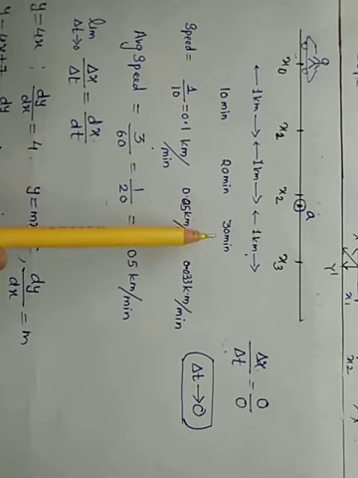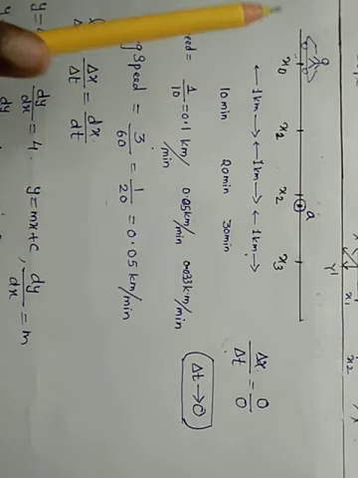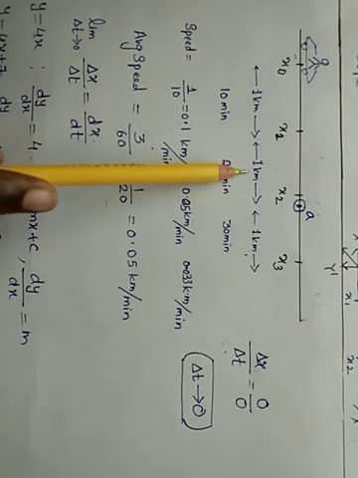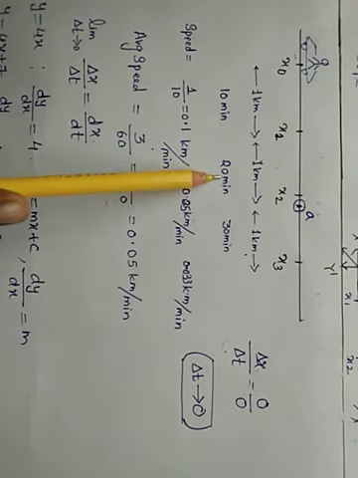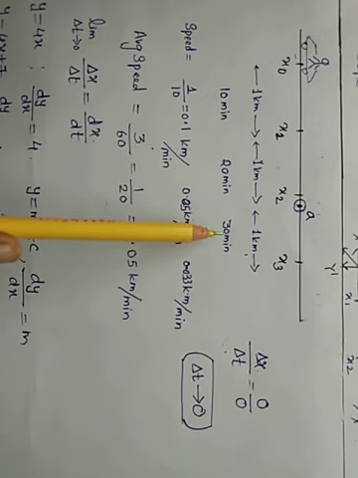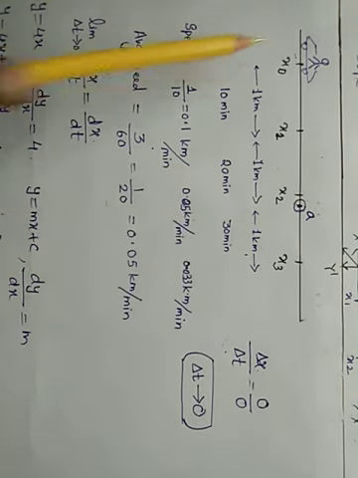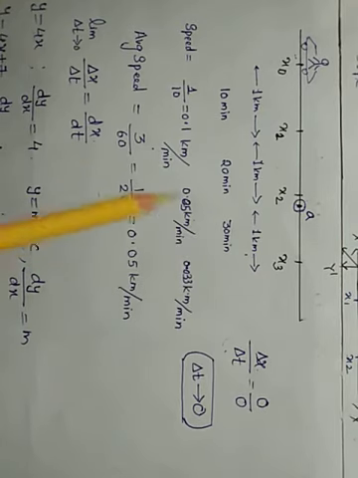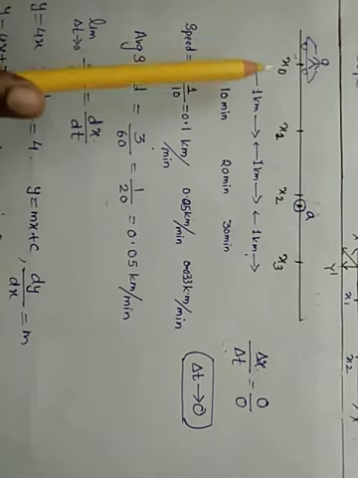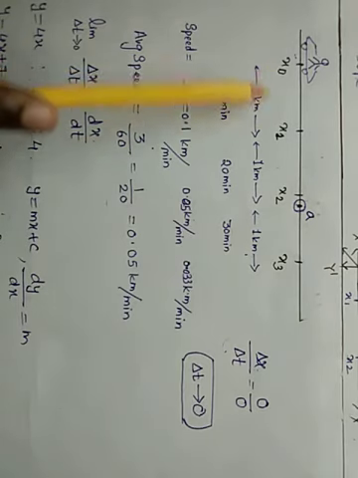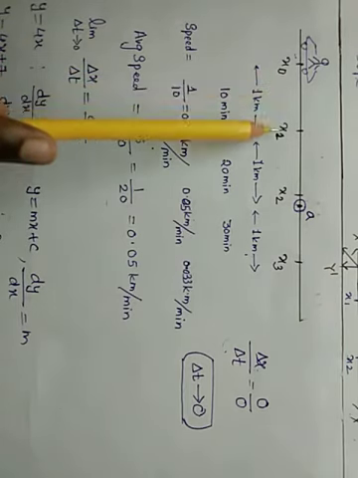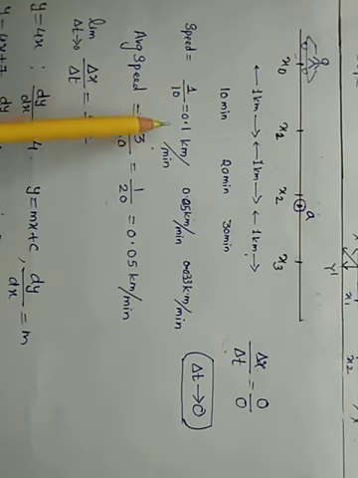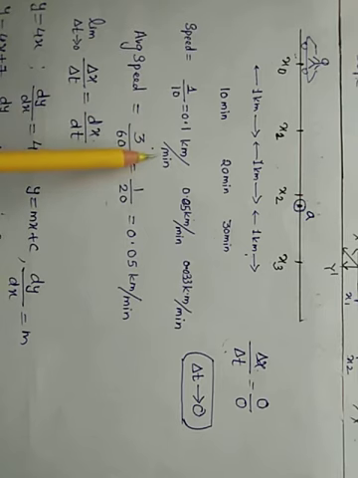Time required is increasing. That means his speed of car is decreasing, because to cover the same distance he requires more time. Here again more time means speed of car is decreasing gradually. Okay children? Now let us find out speed. From x0 to x1, what is speed? Distance upon time, and you know x0 to x1 distance is 1 kilometer and time is 10 minutes. That means speed is 0.1 kilometer per minute.